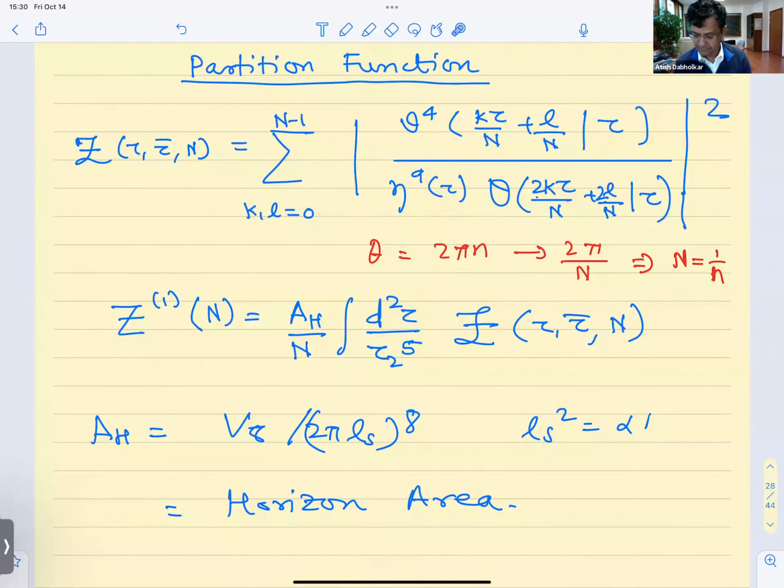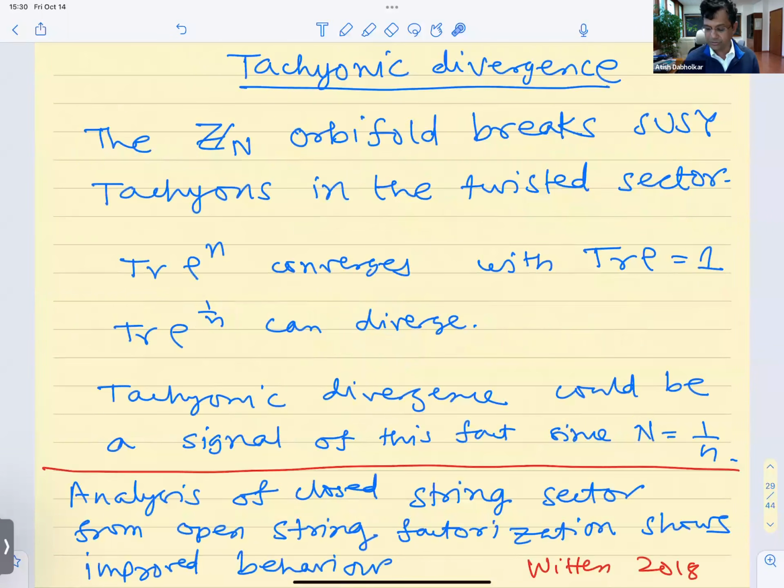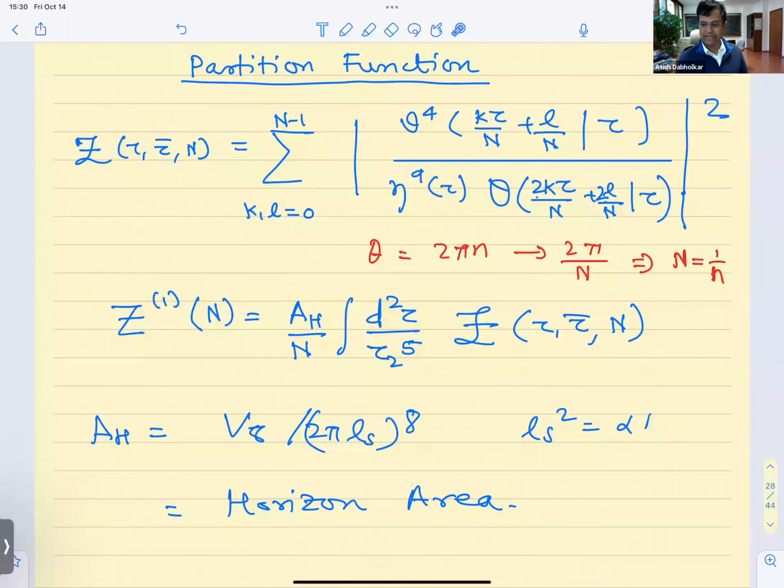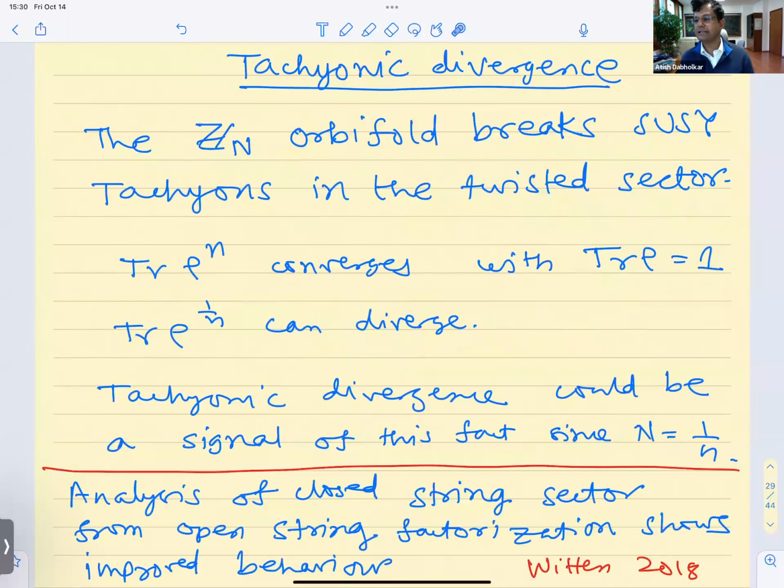Now this has a tachyon divergence. First of all, the Z1 orbifold, because it breaks supersymmetry, has tachyons in the twisted sector, and this integral is divergent, with a tachyonic divergence. It may look bad to you, but in a way it's something you might have expected, because